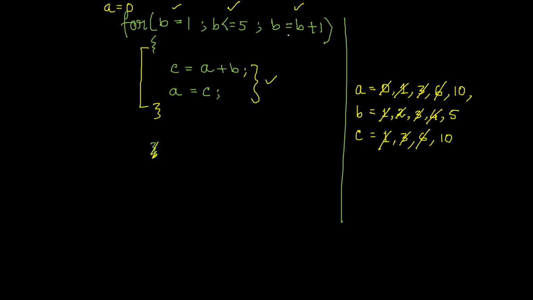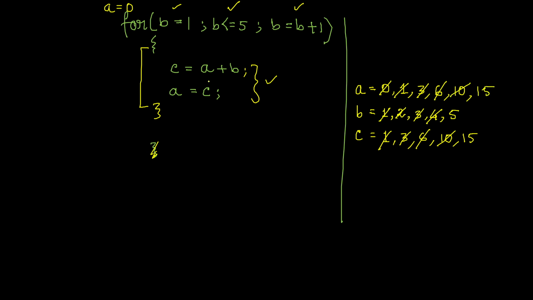So after doing this, what will happen? It will be checked: 5 lesser than or equal to 5. Is it true? Yes, true. Lesser than, no, false, but it's lesser than or equal to. So B is 5, and 5 lesser or equal to 5 is true. So these two statements will execute. First let's take A plus B. What is the content of A? 10. What is the content of B? 5. That means 10 plus 5 will be equal to 15. So the content of C will now be 15. As soon as the content of C becomes 15, it will come in A also because of this second line. So now A will become 15 again.